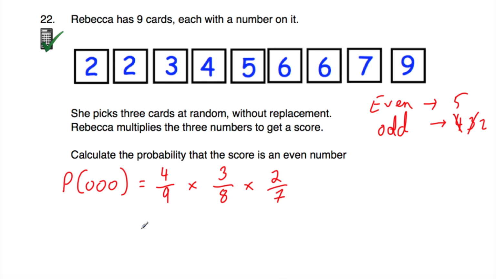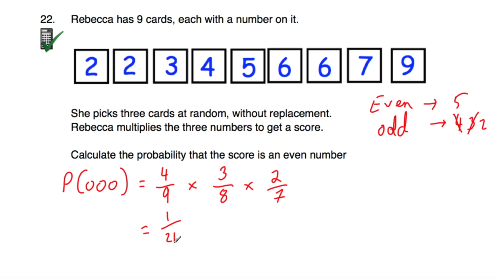And then if we times those probabilities together, that'll give the probability of Rebecca getting an odd score at the end, because that would be an odd, an odd, and an odd, and 3 odds times together is an odd answer. So let's do this on our calculator. 4/9 multiplied by 3/8 multiplied by 2/7, and that's equal to 1/21. So that means the probability that Rebecca scores an odd score at the end when she multiplies the numbers together